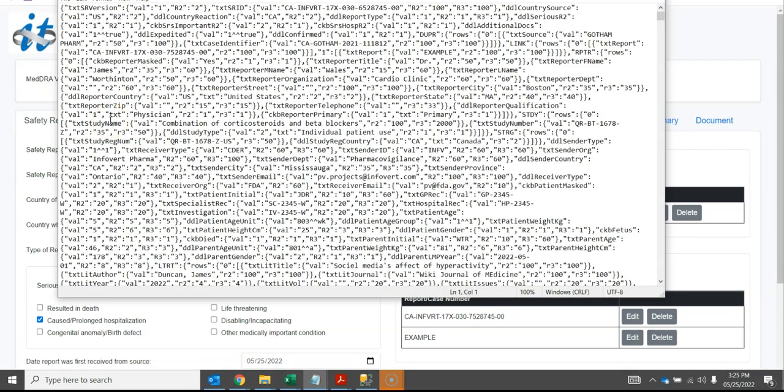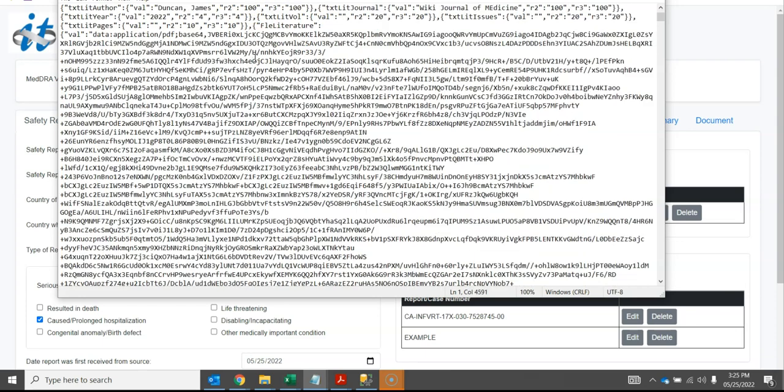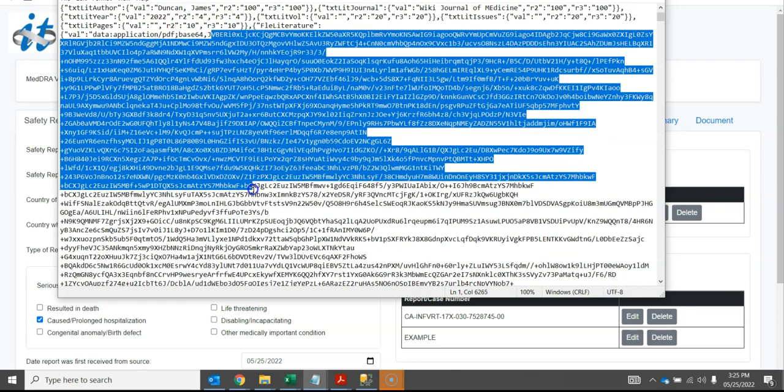But this is not an R3 XML format or the R2 XML format. This is a bit of a proprietary format we came up with only because we wanted to save both. We wanted to save the R2 and R3 simultaneously, because this tool is meant to basically translate between the two. So it's really text, and you could probably figure out what we mean just by looking at the data. The only thing is, when you look at this kind of data, obviously it makes no sense. And this is basically either the PDF or the image file, and they are being sent in a text document. So we're taking the image, which is a binary format, and changing it into a text format,